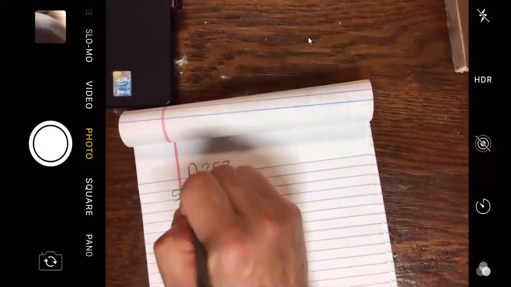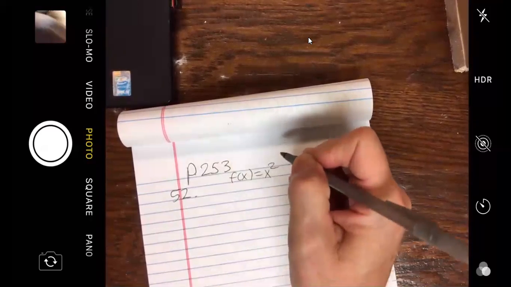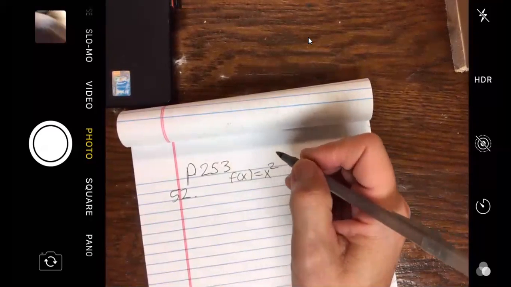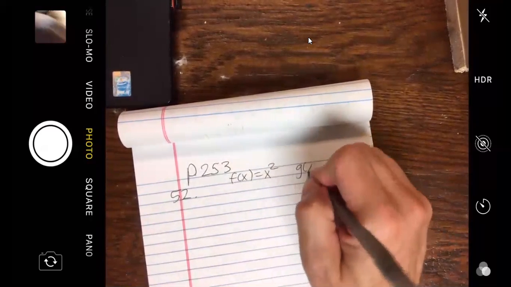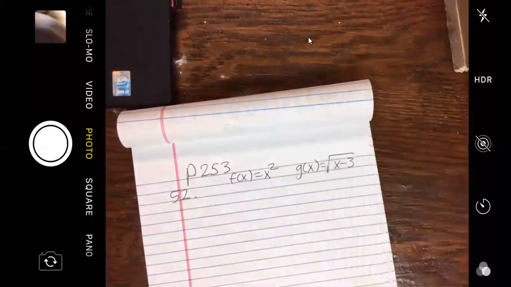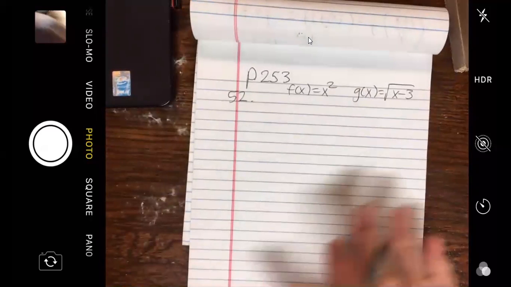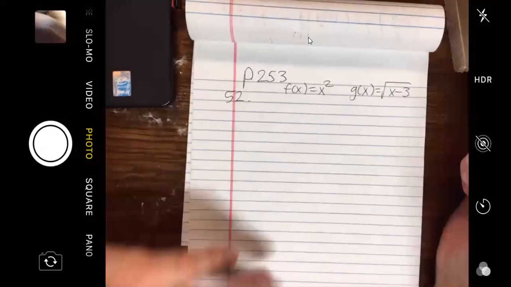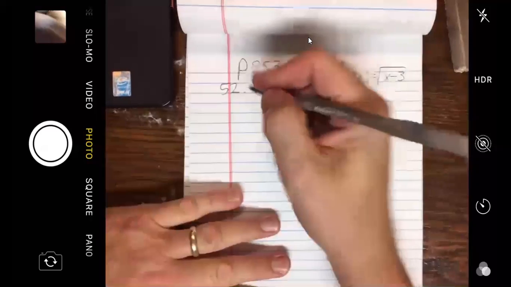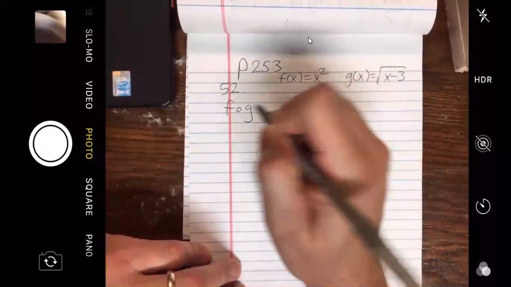Problem 52, your f of x is x squared. Your g of x, square root of x minus 3. All right, you can wind your way through this one. You're well on your way to passing this class. This is, particularly writing the domains, going to be a little tough. You're going to have a square root problem. Why don't we shorten it up? Your first one is f of g,